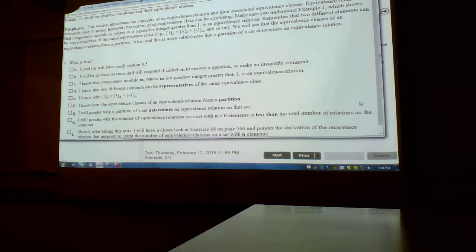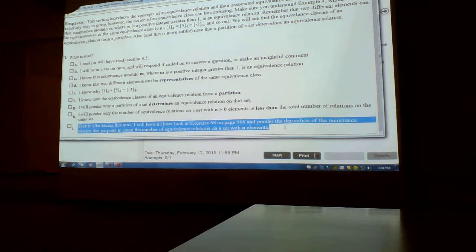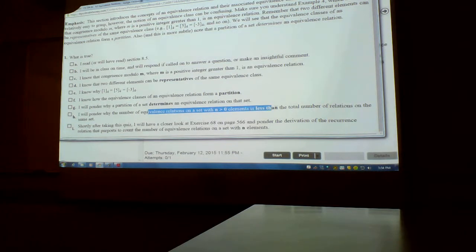Shortly after taking this quiz, I will have a closer look at exercise 68 on page 566 and ponder the derivation of the recurrence relation that purports to count the number of equivalence relations on a set with n elements. Why is that number less than the total number of relations, Aliska? What's purports? Yes, claims. Puts it forth as true, but where's the proof?